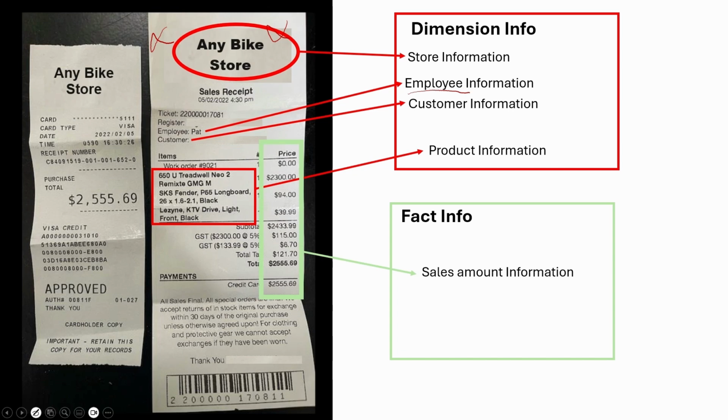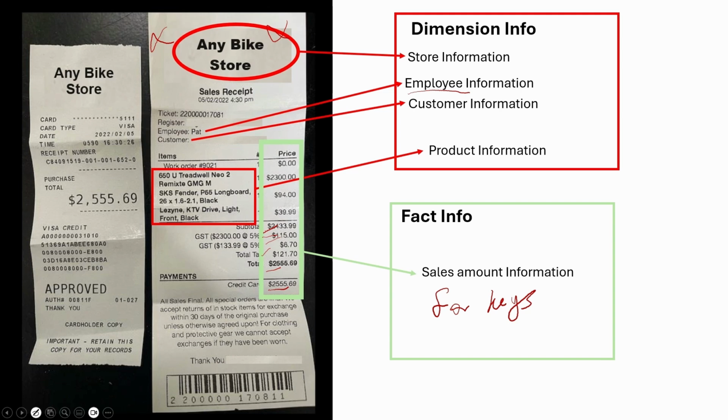For example, the sale of this product, you can see the subtotal right here, the GST here, another GST here, and the total tax, and then you also have the total. And then you have the credit card amount that was charged. These are the pieces of information that we want to keep in the fact table. Obviously, we're also going to have the foreign keys that we can then use to reference some of these